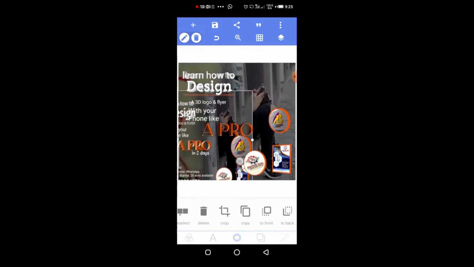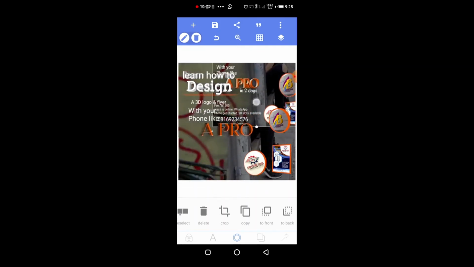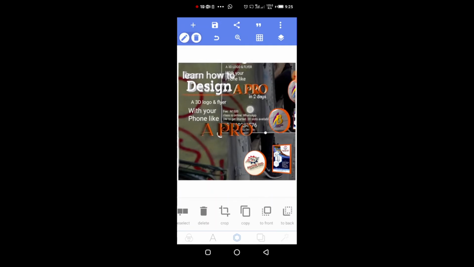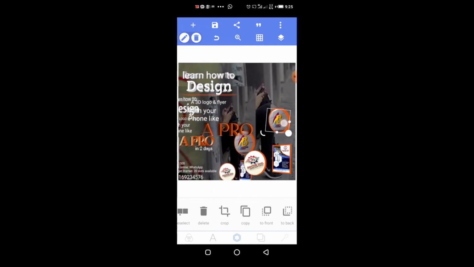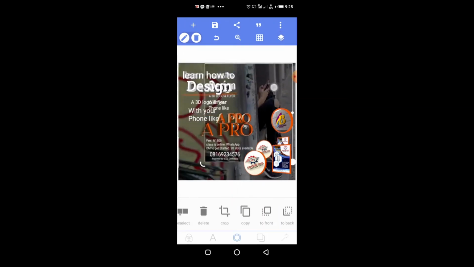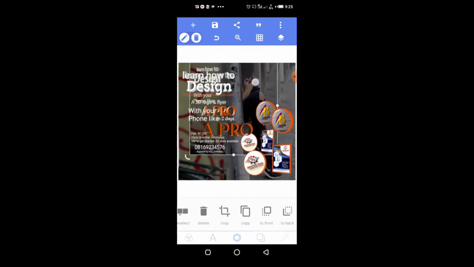So the next thing that is just remaining for this project to be completed, okay, we've not added in 2 days. Let's quickly add that. So before we do that, we need to lock these objects so that they don't move out of position. We lock, and lock. So we're good to go. So they don't move out of position. You get it? So now let's put in 2 days,